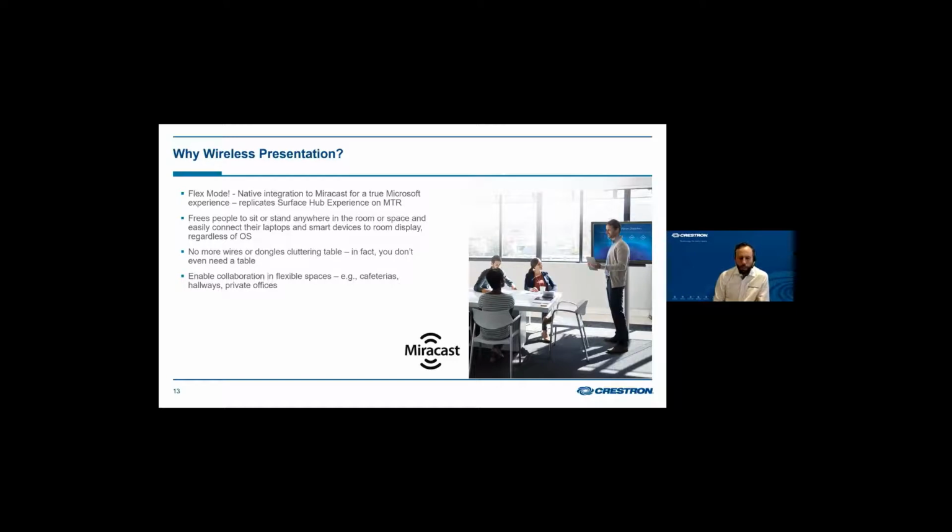And this is a use case we are seeing plenty of, because yes, absolutely, a lot of environments are adopting Teams meetings as a default, but a lot of environments aren't yet. And many people just want to get into a room and they want to present, or they want to walk into a room that's not Teams enabled and they want to present wirelessly. This obviously helps as well with the COVID situation. So the only device you're now touching to present is your laptop. You're not touching any control panels in the room, and you're minimizing your touch points. All of this is driven from your laptop.